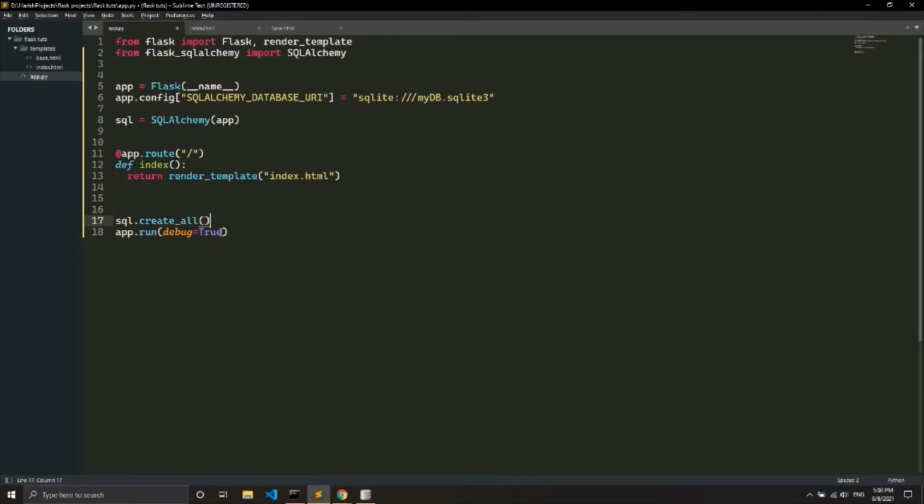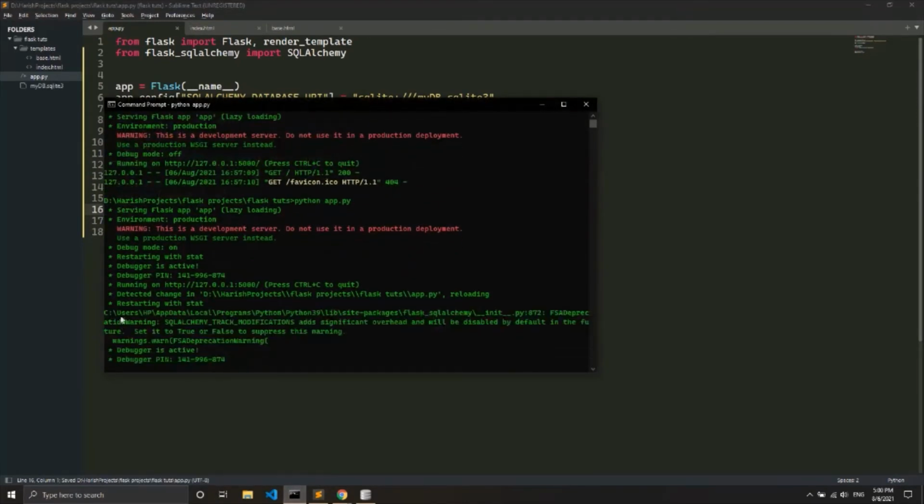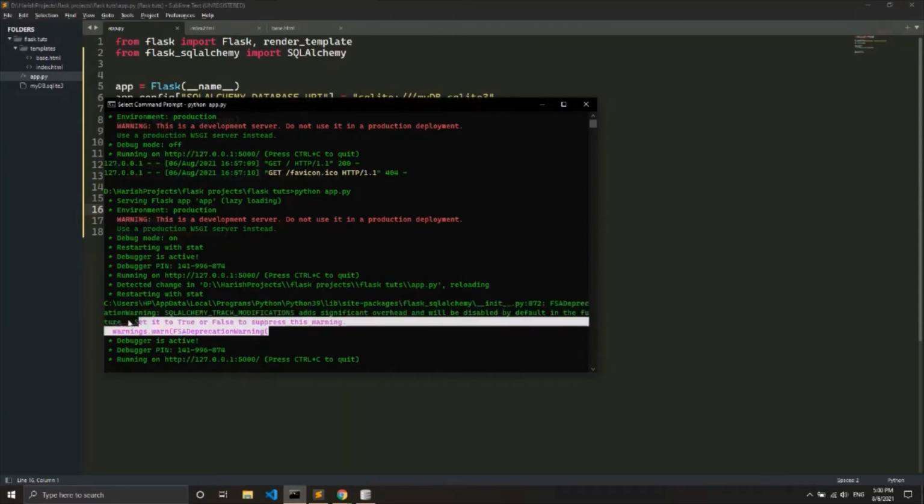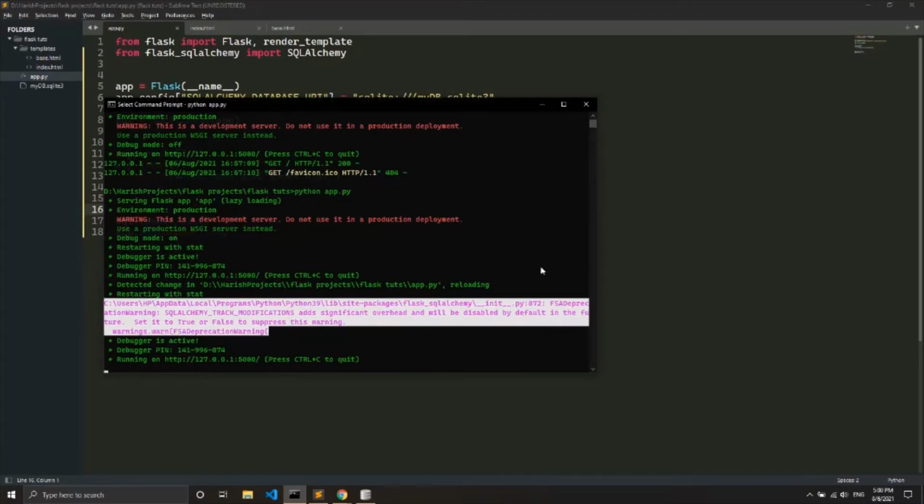So what we have done here is created the database and set up the framework for working with databases. After this is done, you should see a warning about SQLAlchemy. Don't worry about this warning. It means that your thing is working.